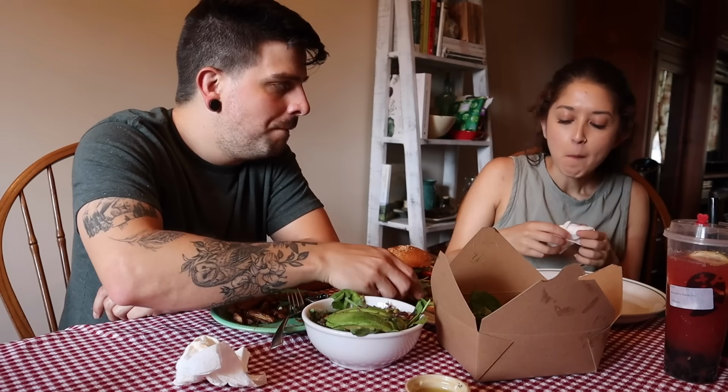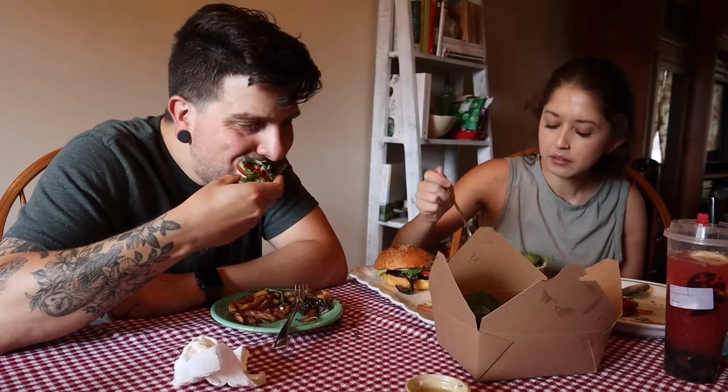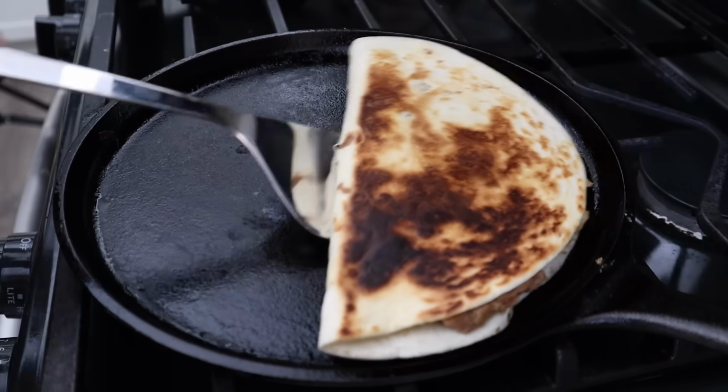The place that we went didn't have any alternative milks, so we actually got these fruit slushies. I got a watermelon passion fruit, and Chris got some sort of mango drink, I believe. I don't remember anymore. Moving on to the next day, so we had some quesadillas for lunch another day, and